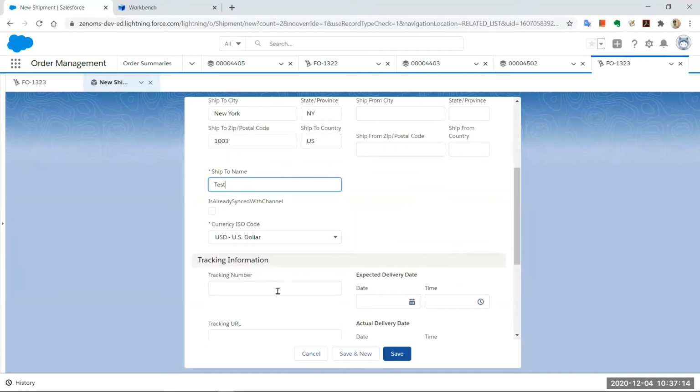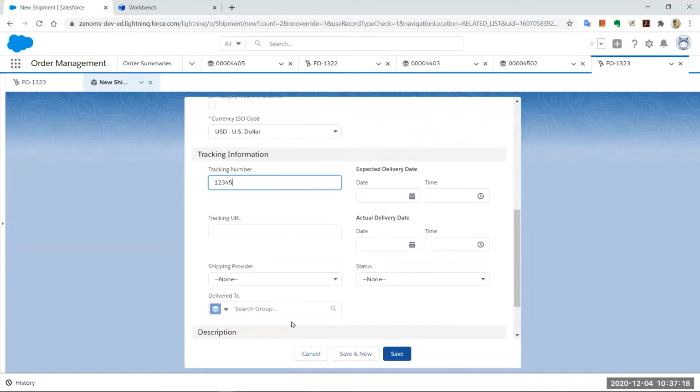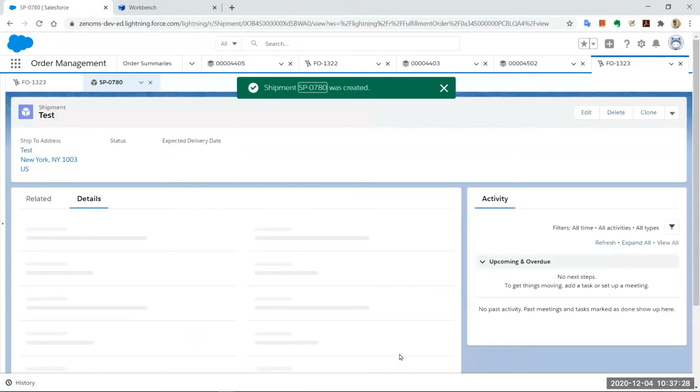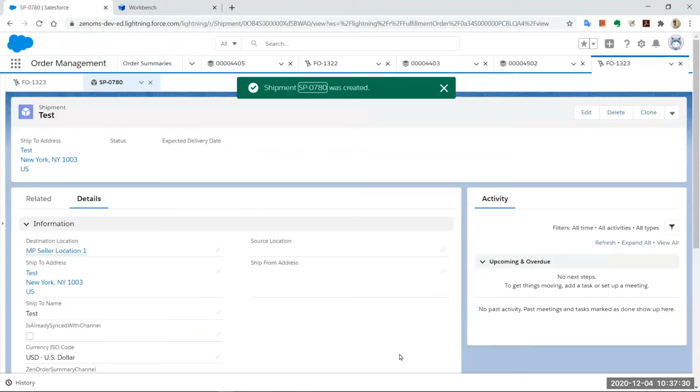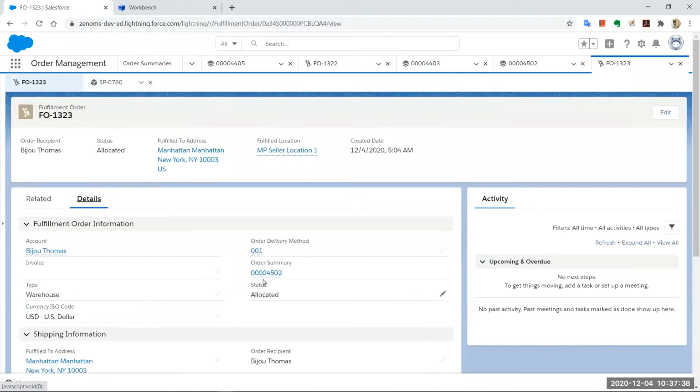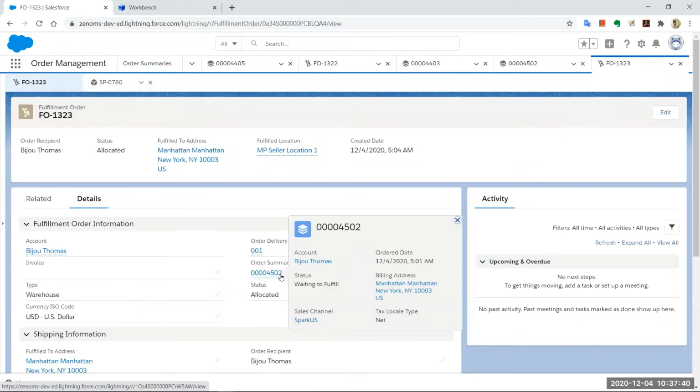So you do that. If you can map a tracking number, you can do that, and you can choose which is your shipping provider, right? So these are typical configuration and setup things that you do within the platform. But as I said, the shipping is tagged against your fulfillment order, and your fulfillment order is then linked to your order summary, right?